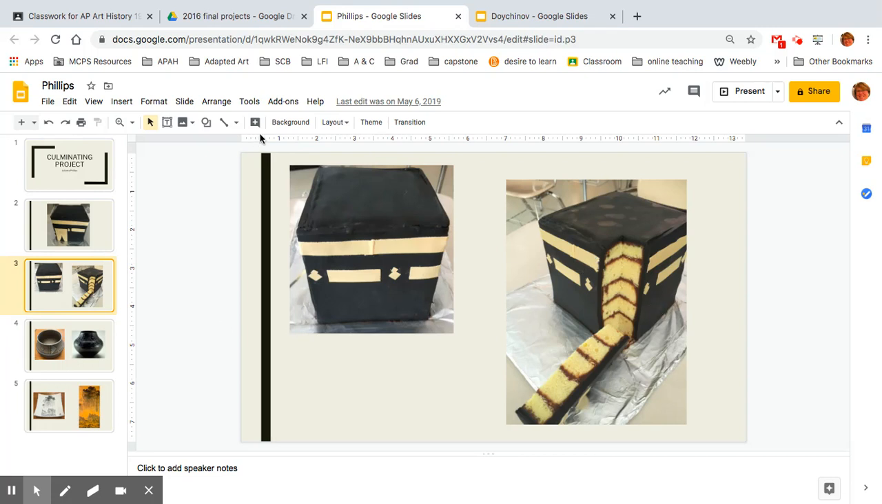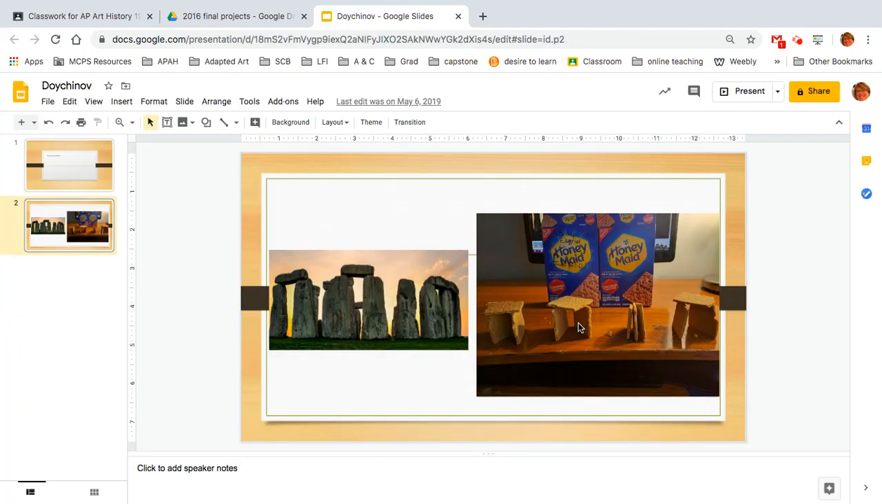And please don't think that I'm being mean to this student. He does know that I use this as a sample of what not to do. Okay, so here's Stonehenge. Hopefully you're all laughing right now. And here's Graham Cracker Stonehenge. Now,